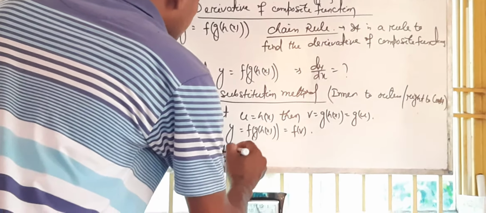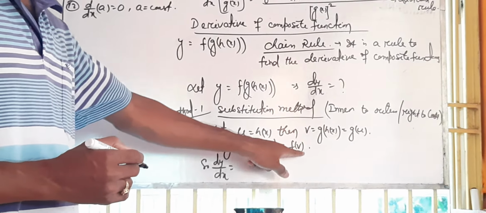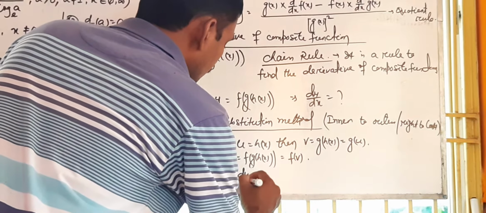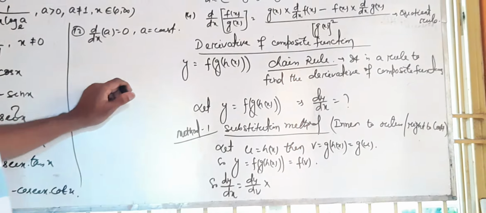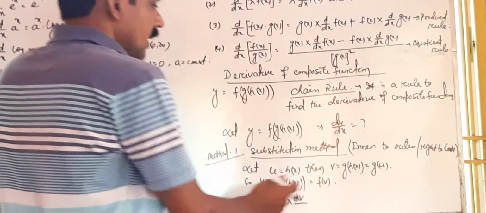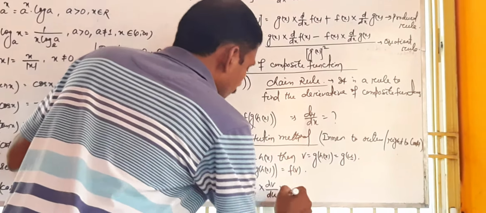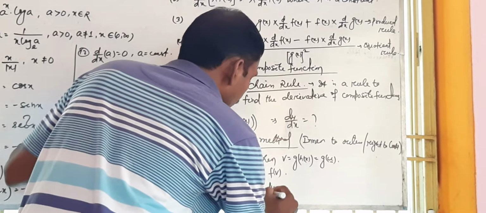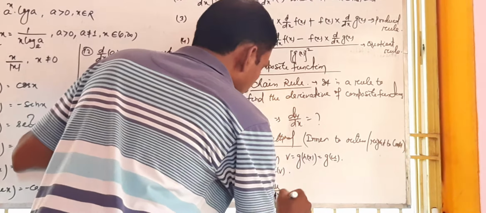Okay. So dy by dx. Now here you see, y is a function of v. Always look at the variable inside the bracket, which is v. So you can write it as dy by dv into, now the denominator is v, so the next numerator is also v, so it will be dv by, now what is v? Now you see v is a function of u inside the bracket, so it is dv by du into, now the denominator is du, so again the next numerator will be du. Now here u is a function of x, so you can write it as du by dx.